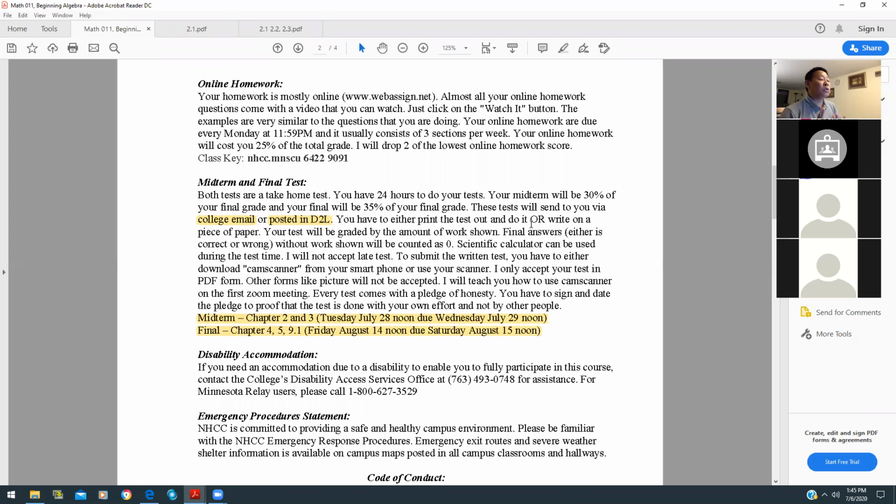Okay. When you do it on the paper, make sure you have your name on it. That's important. Make sure you have your numbers, like this is question 1, this is question 2, this is question 3. And make sure you organize it. That means the first one is question 1, the next one is question 2, the next one is question 3. Do not do like the first one is question 1, and the next one you jump to question 10,